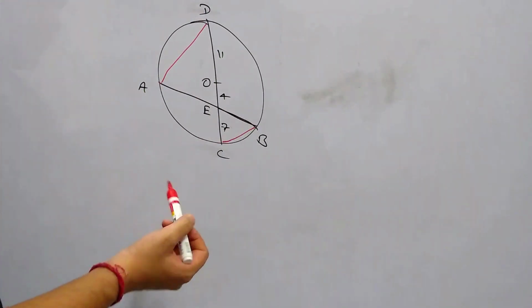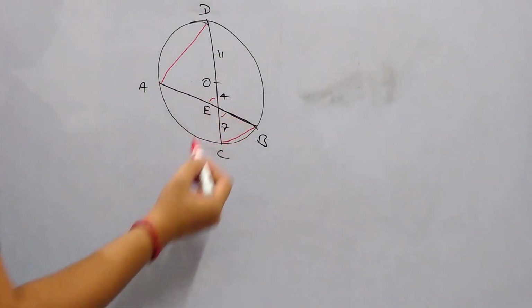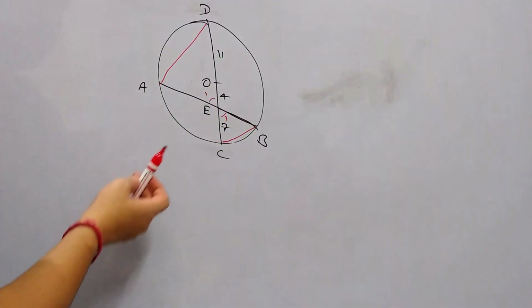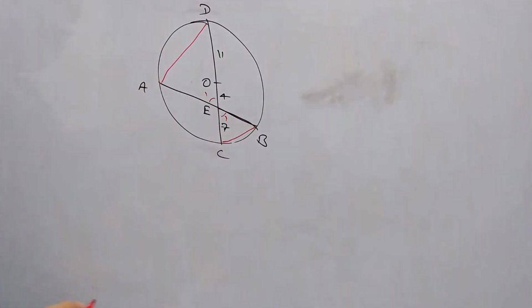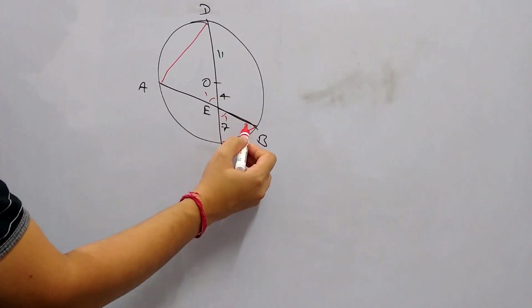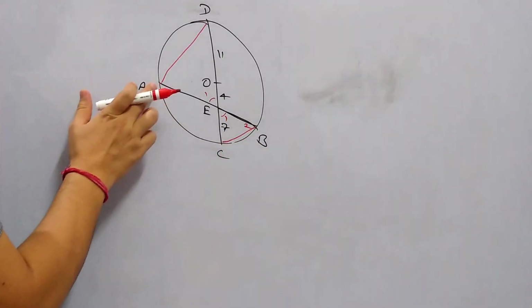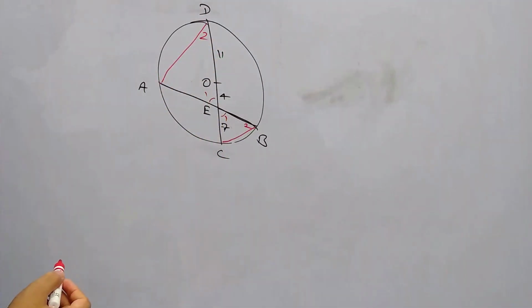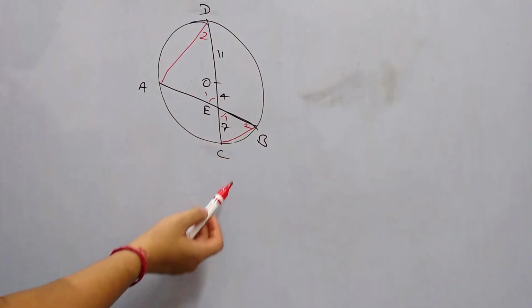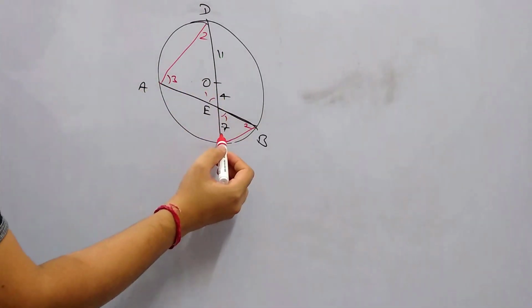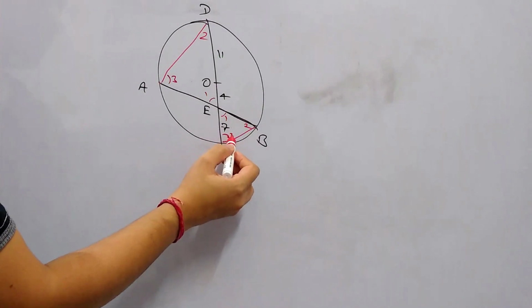So how will they be similar? First, these two angles are the same. So let's say angle 1 and 1, they will be the same. And if you consider AC, AC is making some angle here at B. Let's say this angle is 2. The same arc AC will make the same angle here as well. So angle D will also be 2 in this case. And again, if you consider arc BD, it is subtending some angle here. So let's say this is 3 and BD will subtend the same angle here. So this angle will also be 3.